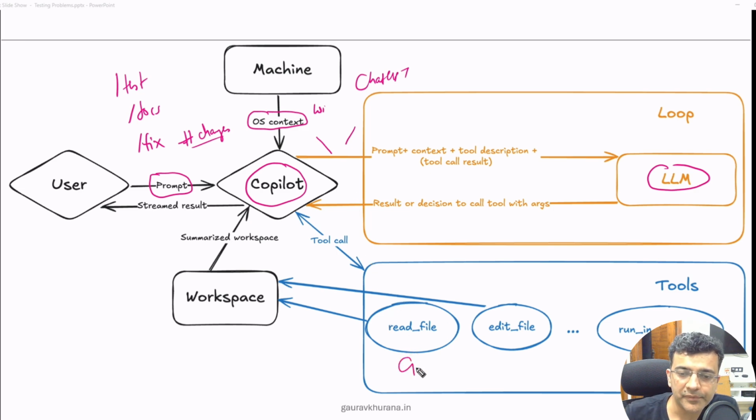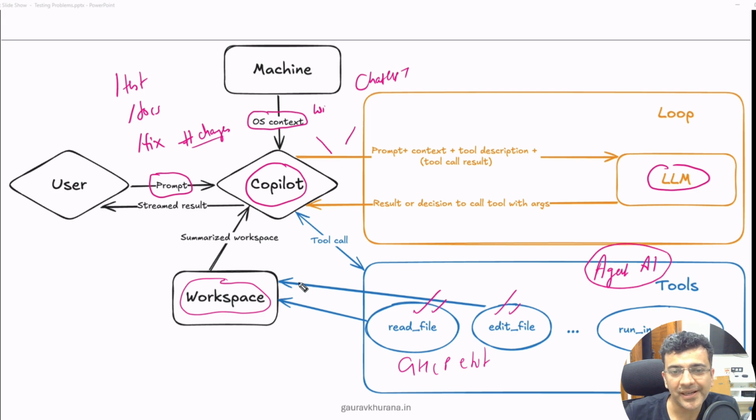And what happened with GHCP edit is that it was able to play with your workspace. Workspace is just like the folder that I created. It has the capability to read file and write file. So that much was given to it. But now with the agent mode, it has become super intelligent. That's why we have AI agents. So what the agent can do is interact outside of VS Code, outside of this workspace. So let's say there is a terminal and I want to delete a file or create a new file, all of that is able to happen.